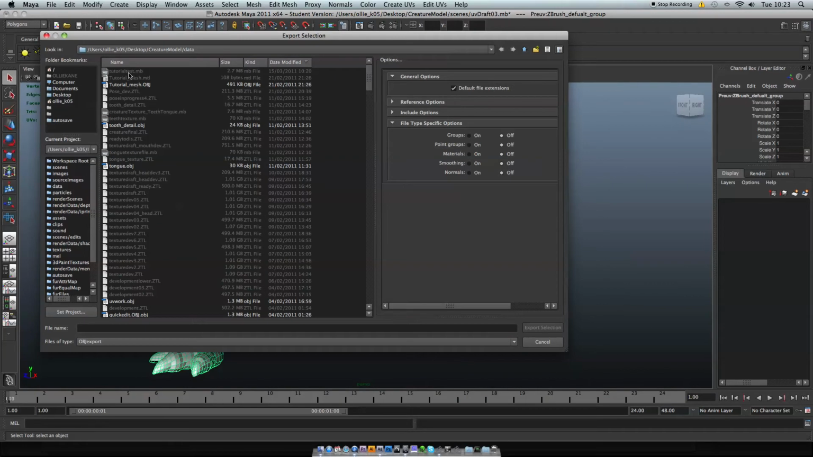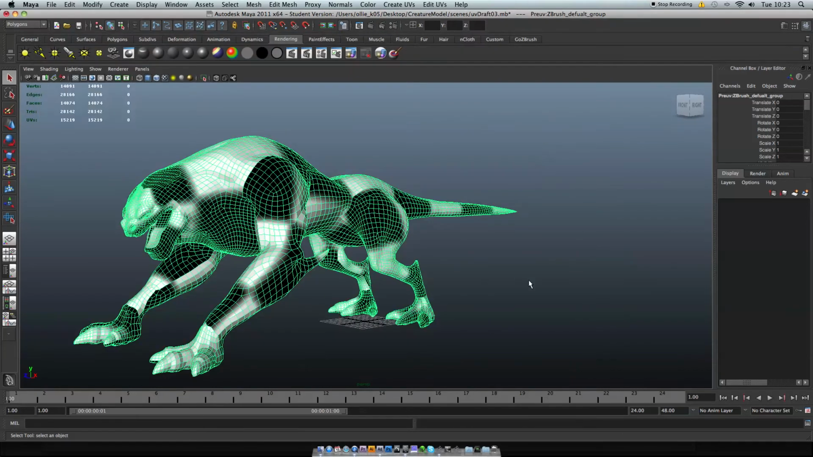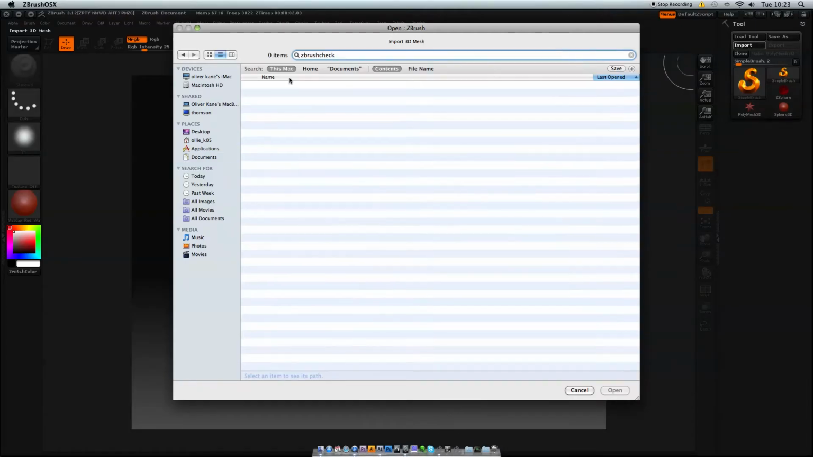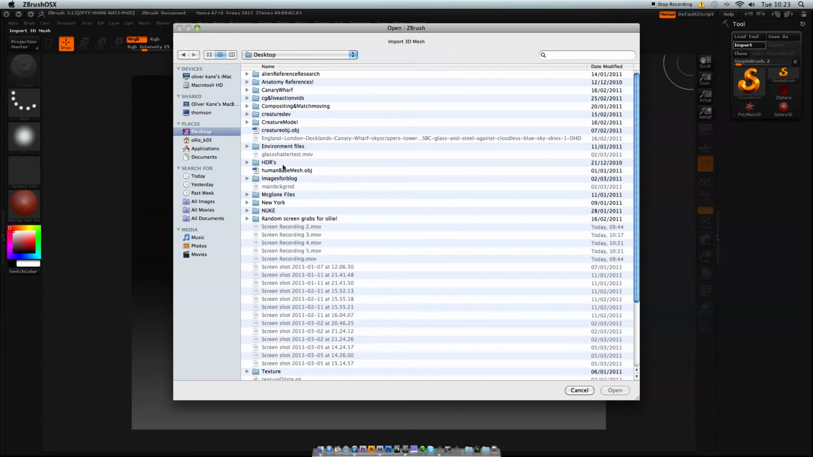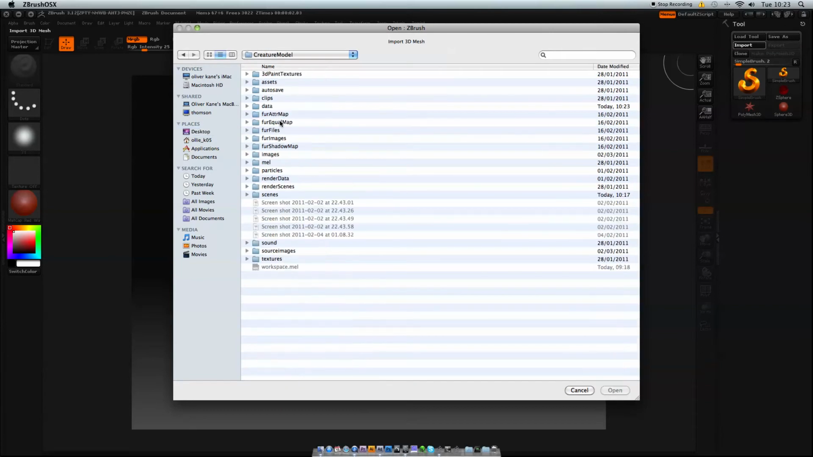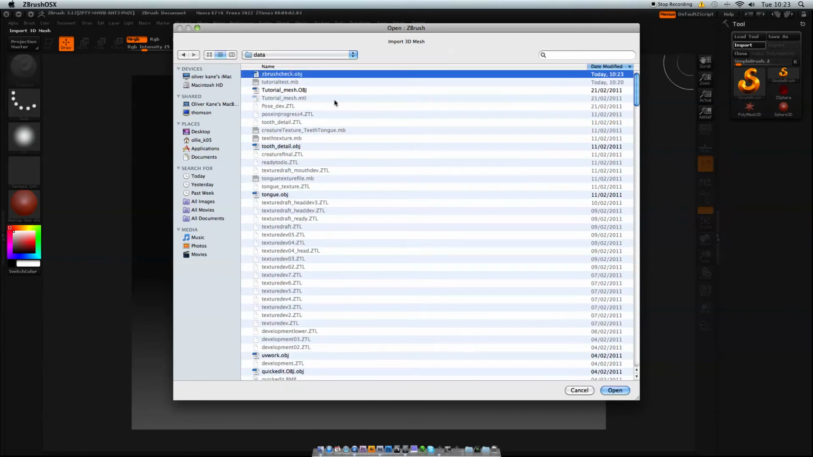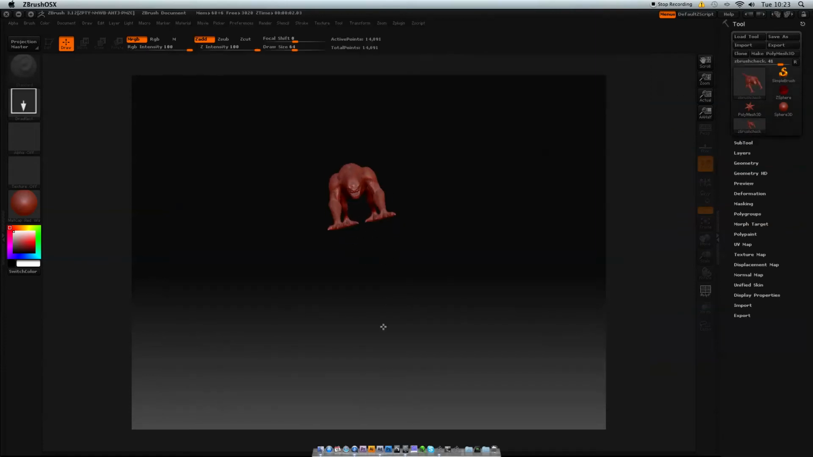So we'll just call it tutorial ZBrush check. So you can export that, and then we can open up ZBrush. Let's quickly look for ZBrush check. Apparently it's not there. So what we're going to quickly do is find ZBrush check model, open,